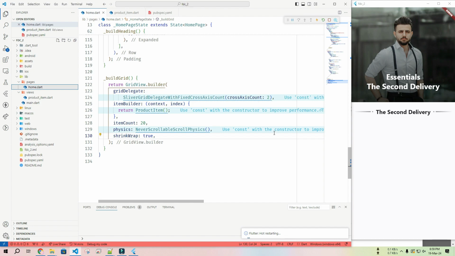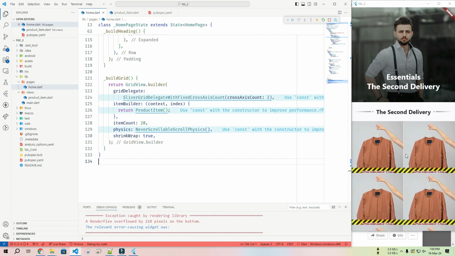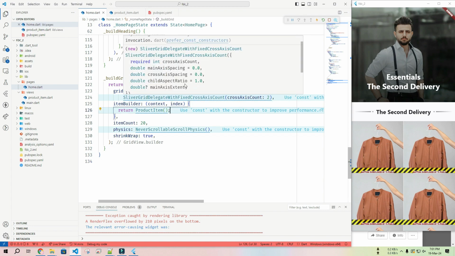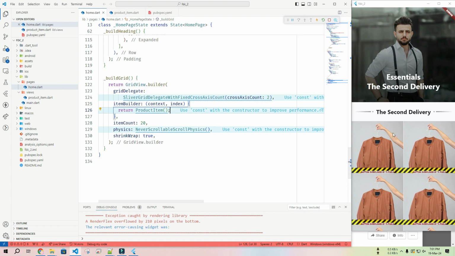So my app is stuck, so I have to restart my IDE. So here is the output. I have to increase the height of this item so that it will display properly. The child aspect ratio is 1.0, which means items will be with the same height and width in the grid view. So I have to change the ratio,